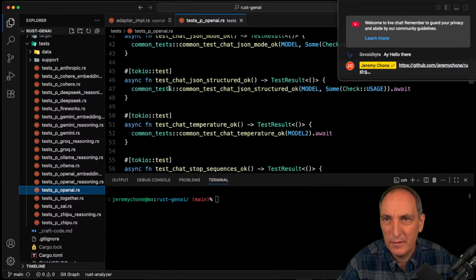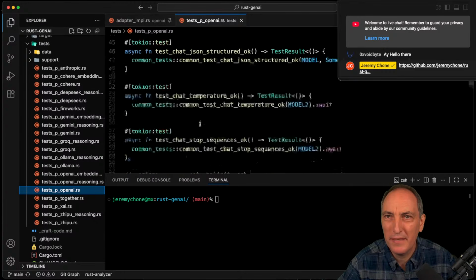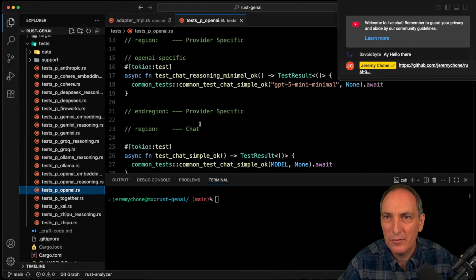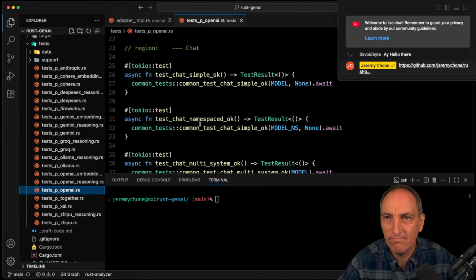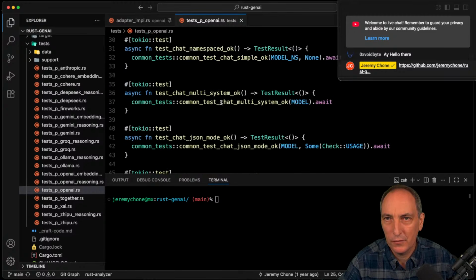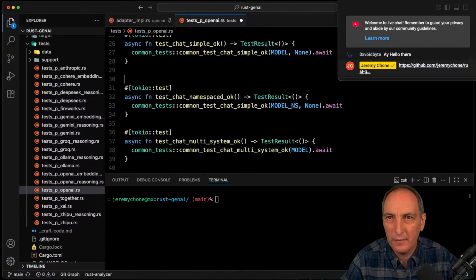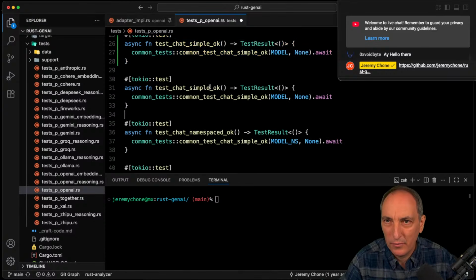I'm going to put it, the reasoning. Sometimes I have another guy for reasoning, but I don't want to create another file. I'm going to keep that file, and I'm going to probably put it just after simple. That's fine. Trying to go from simple to more complex. So we'll go there, okay? And we'll do that, and we are going to do